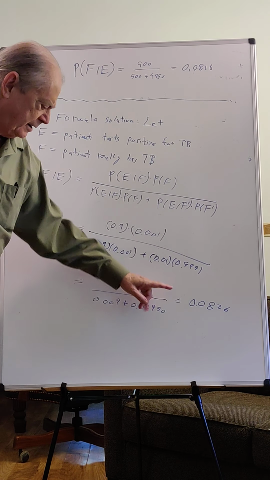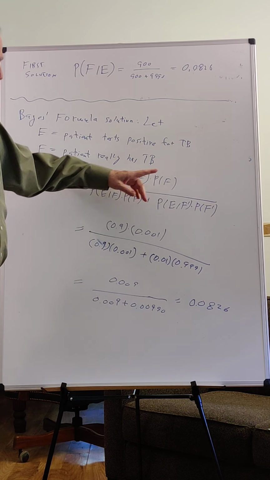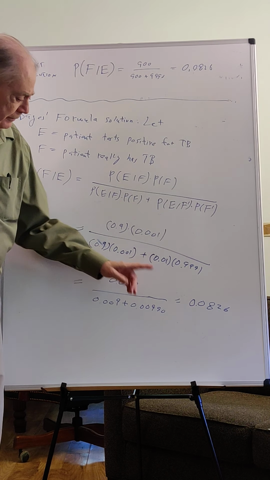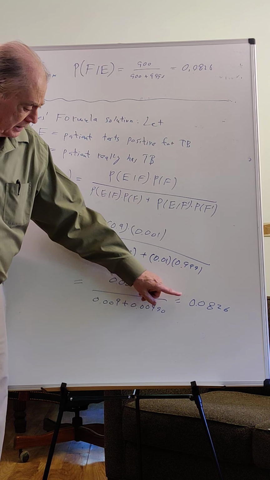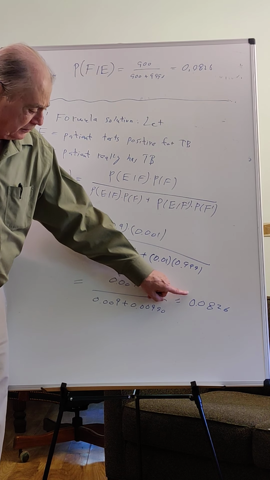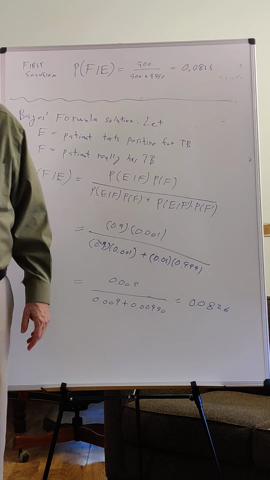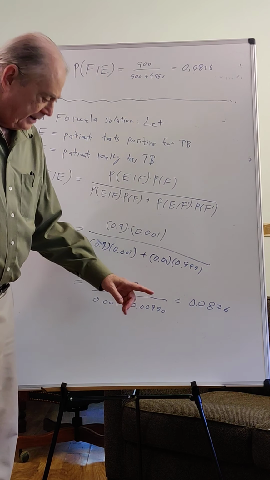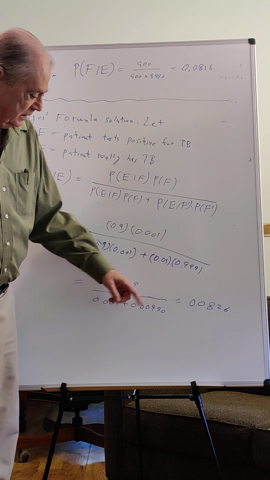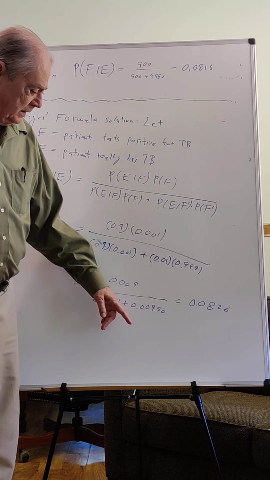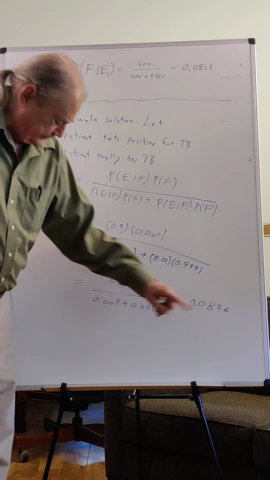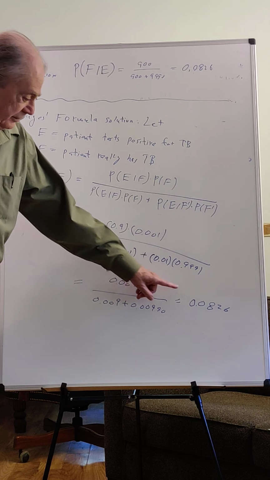All right, now this sort of thing may or may not be applicable to the coronavirus, but what we notice here, and this always happens, is that when you have a medical condition that has very low incidence in the population, even if you have a pretty good test for the condition, if you test a patient at random, an asymptomatic patient, and the test is positive, most likely the patient doesn't have the condition. That really sounds strange, but that's true.